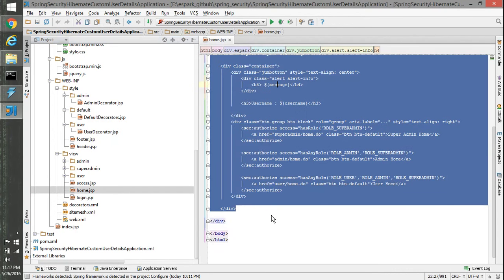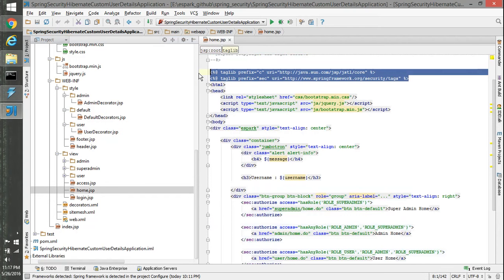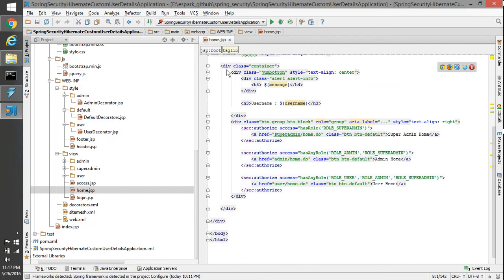Then we have a generic home.jsp, where we have imported a security related tag as well as the JSTL core tag by using taglib, and we have imported bootstrap CSS, jQuery JS as well as bootstrap JS. Inside the container